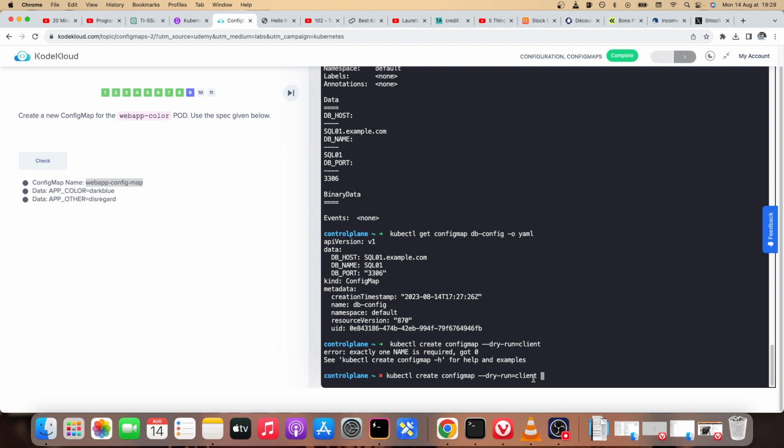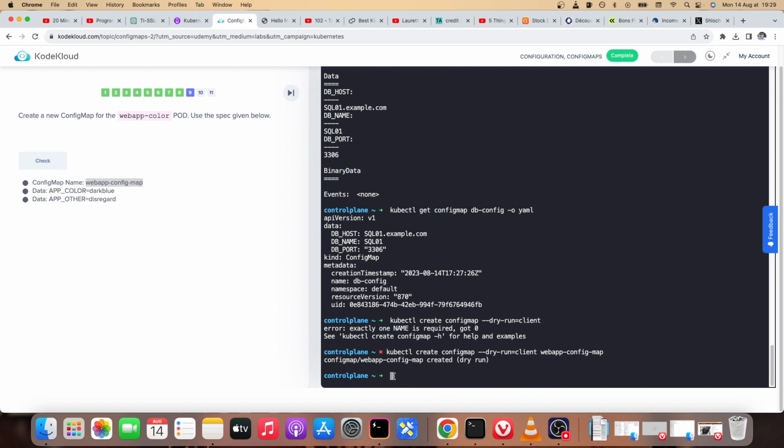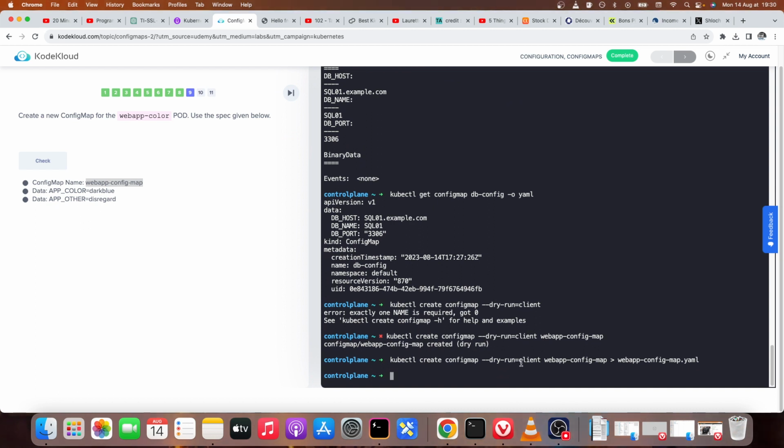Dry-run equal to client permits you to make as if the command is about to be executed, but it will just display the definition file on the screen so that you can see how it's going to look without actually creating it. So what if I do this and I redirect into a file? I'll just call it webapp-config.yaml, something like this. YAML. And then if I open the file,